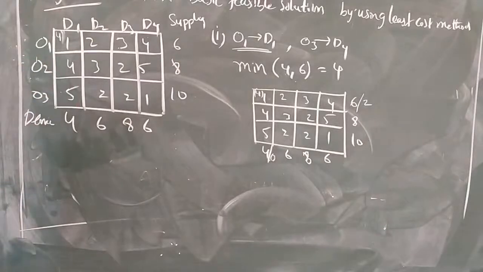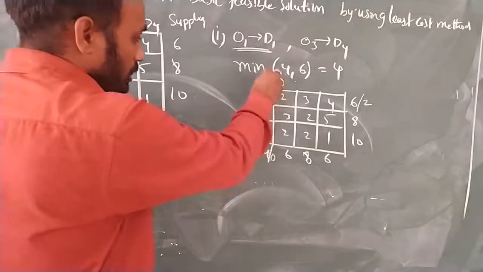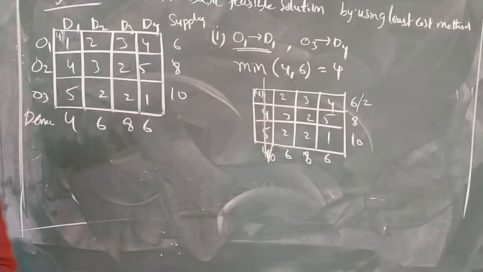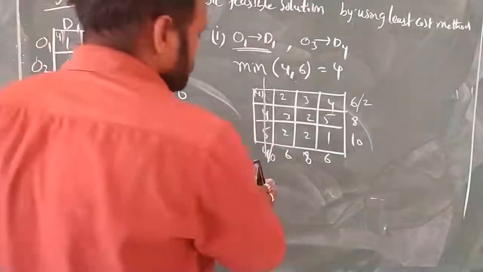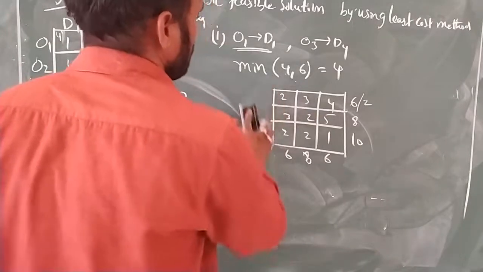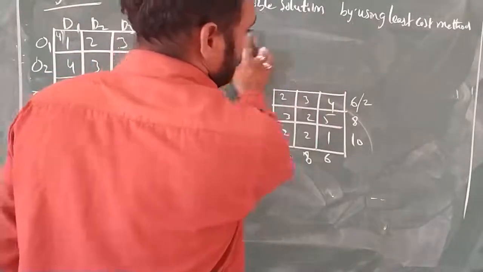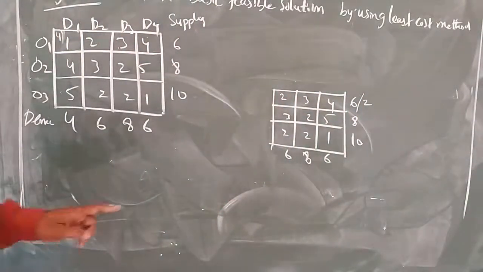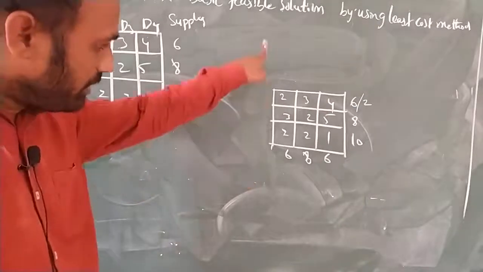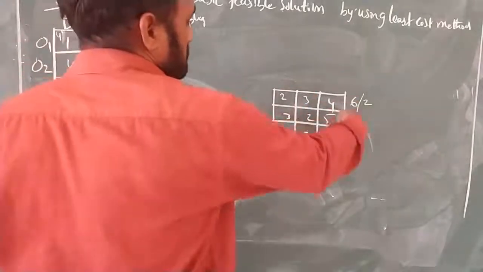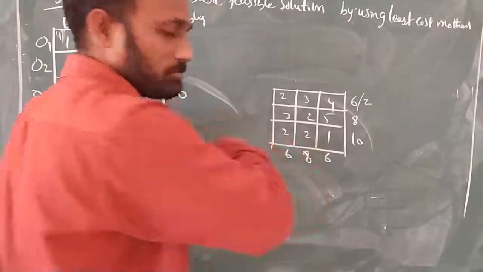Okay. So after this, what will we understand by this? Since we are getting here 0, this total column will be deleted. So the remaining will be our values. So the reduced table will be, so this is our reduced table. So wherever we are getting 0, whether it is a row or a column, that we have to delete. Okay. After deleting this, if you observe this transportation table, again we find the smallest one.